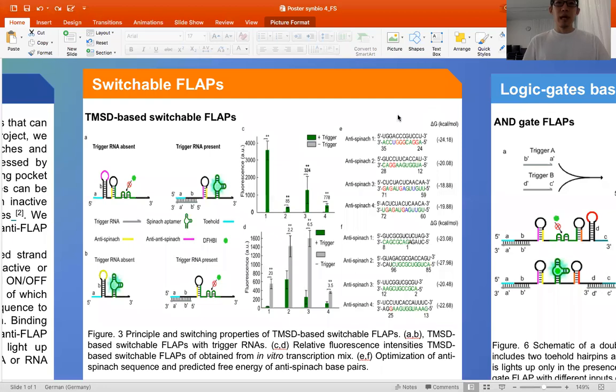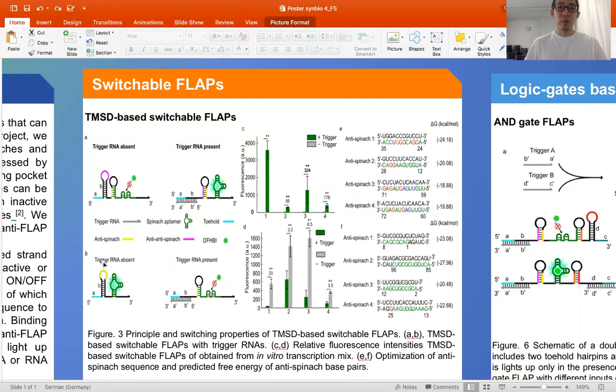Now, if we look at the design and results, firstly, we try to switch the spinach aptamer using toehold strand displacement. The upper part is the switchable fluorescent activator. When trigger RNA is absent, the anti-spinach sequence is base paired with a partial sequence of the spinach aptamer, preventing the binding of the fluorophore. The trigger binding will release the anti-spinach and restore the spinach aptamer. The lower part is the